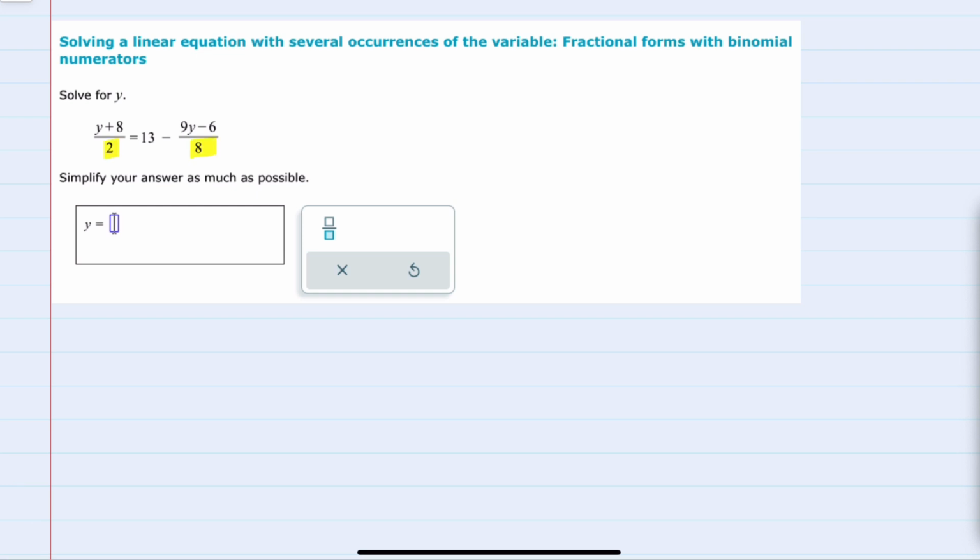has two fractions, and I would like to eliminate those fractions in my first step by identifying the lowest common denominator between 2 and 8, which is 8, and then I can multiply each term on the left and the right by 8, and the left-hand side would still be equal to the right-hand side since both sides were multiplied